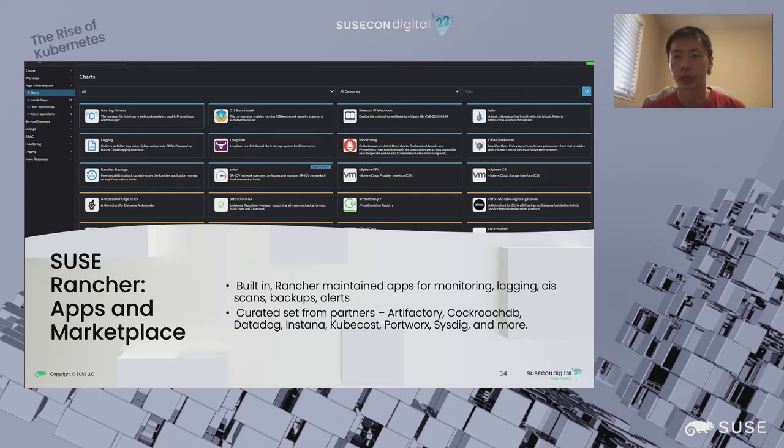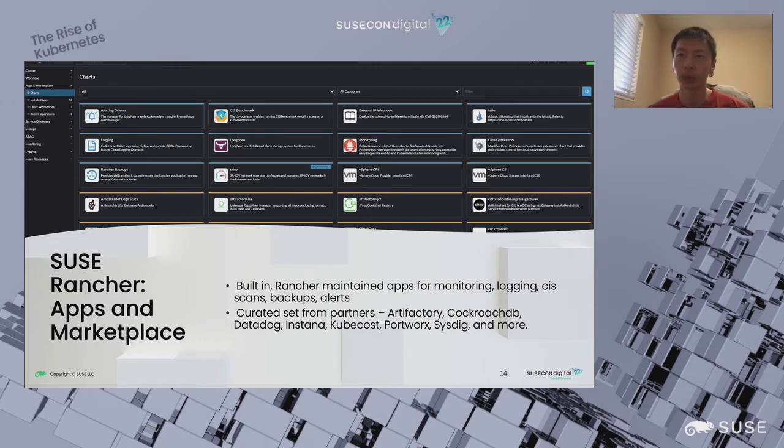So what is the Rancher catalog? Essentially, it's a collection of applications or Helm charts that you can use to deploy an application to a cluster that Rancher manages with just a few clicks. Right? You don't even really need to know Helm to do this, and that's why it's so powerful. And Rancher manages a set of these for some core functionality, like the CIS benchmark, logging, backups.